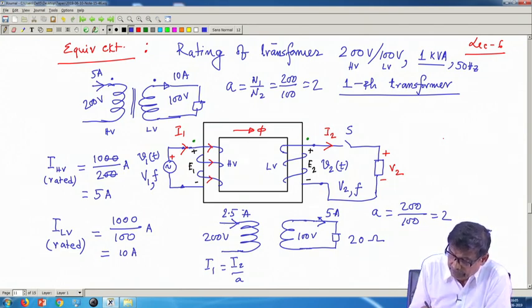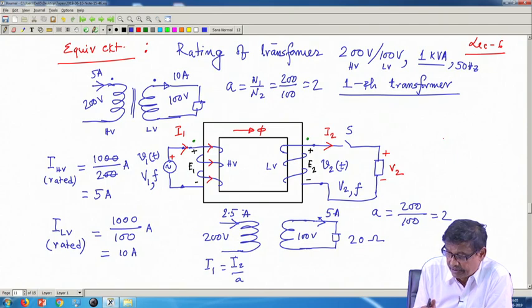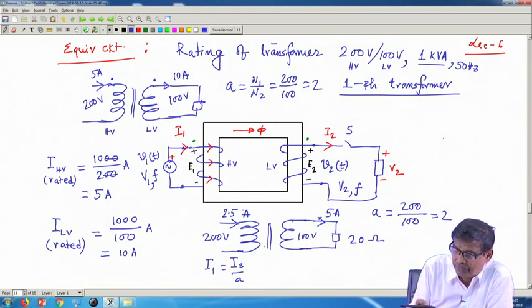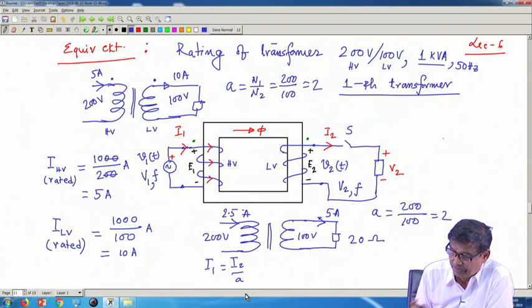I have used HV as my source side, source I have connected to HV. I could also connect source to the LV side, you try that. So, henceforth I will draw this circuit instead of drawing all the time this and getting the results. So, this will be the